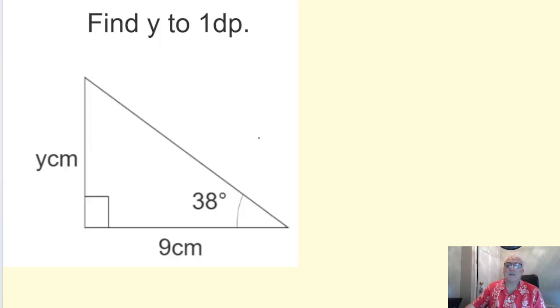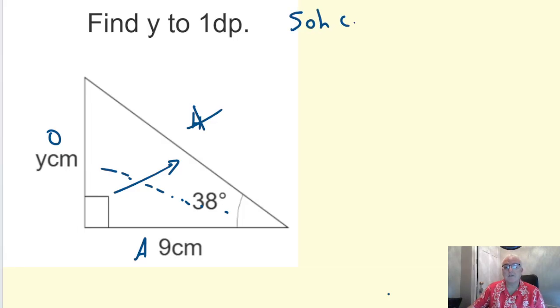So if I'm looking at doing this one, we'll have a look at solving it both ways. We know that's the hypotenuse, we know that over here the y is going to give me my opposite, and the bottom side there is the adjacent. So I don't know anything about the hypotenuse, they don't want me to find it. So if I'm thinking of using SOHCAHTOA, I'm going to be using TOA. So writing that out then, the tan of the angle is equal to opposite